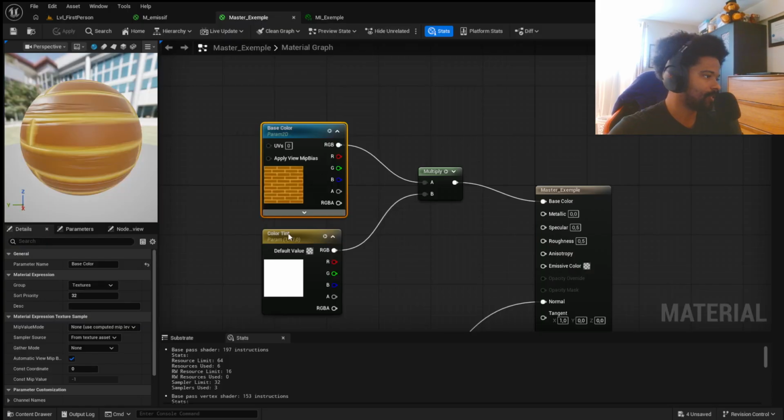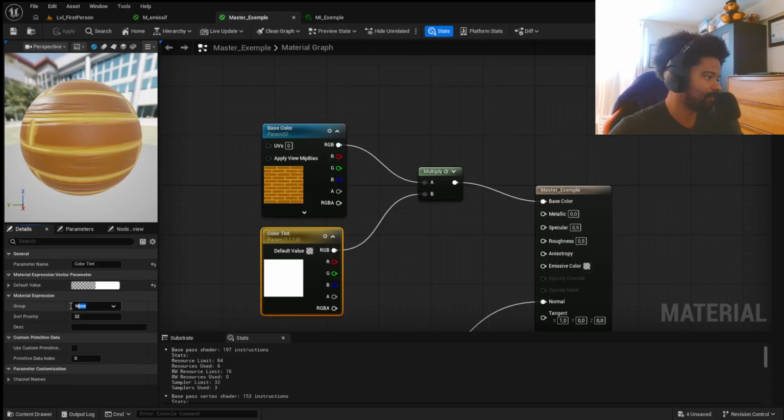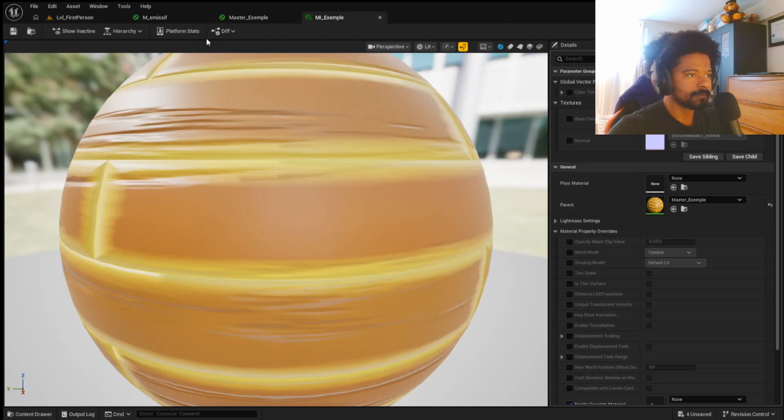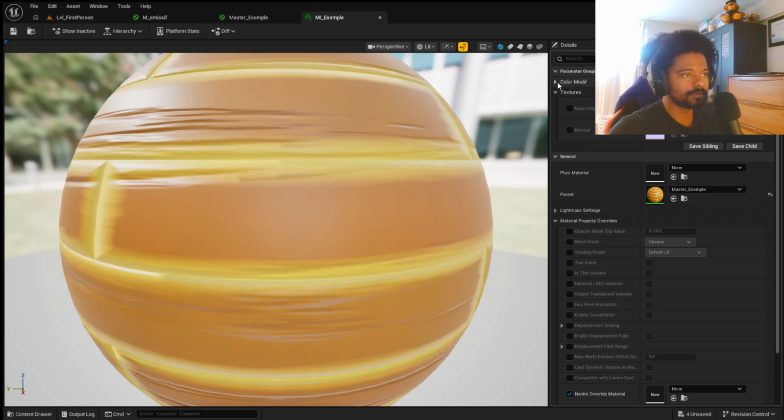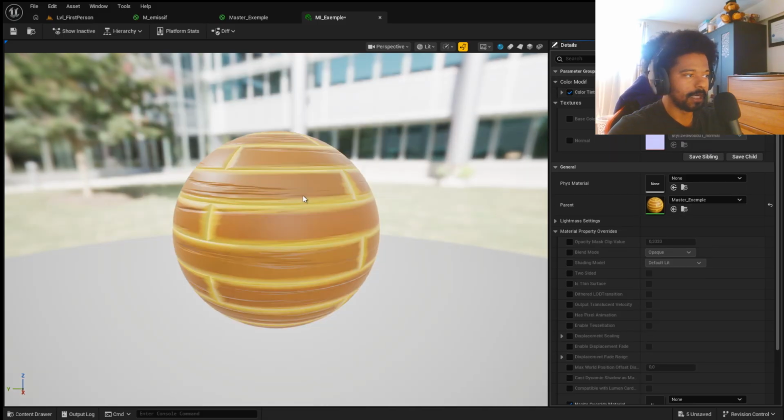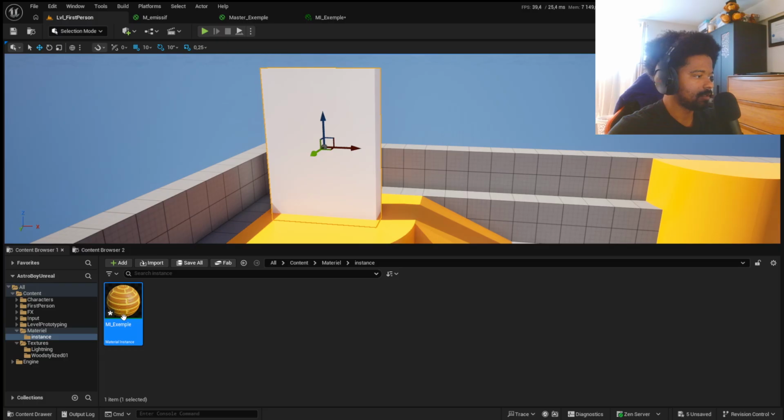Now I am going to name this in a group, color mod diff, to imply that this is for modifications of my base color. Let me save again. There you go, and as you can see,